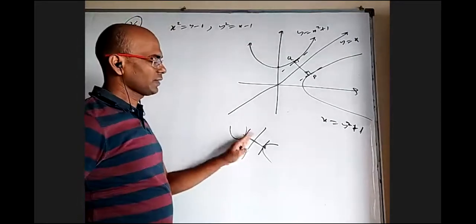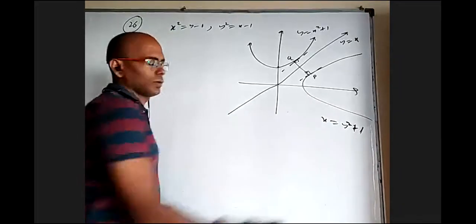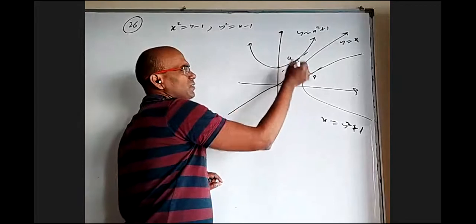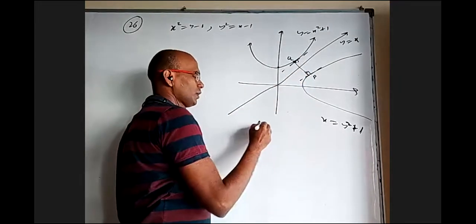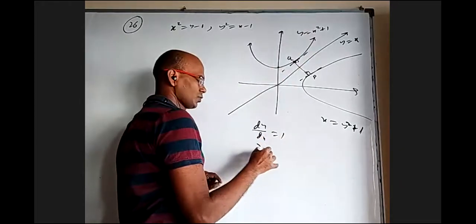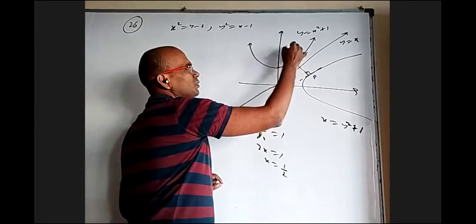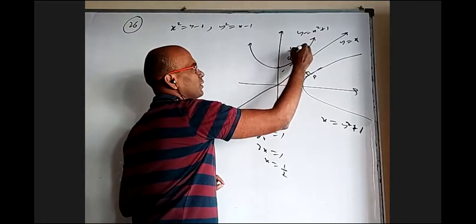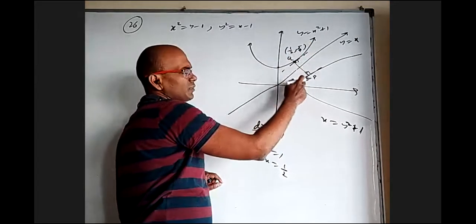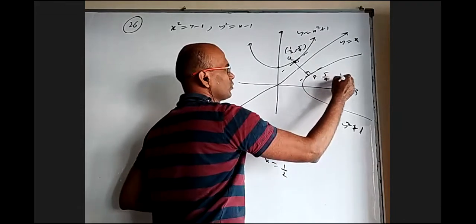And for a line, what is the closest point? That point where the tangent is parallel to the line. So you take, for example, this one. At this point the derivative, the slope, should be 1. So dy by dx should be 1. What is dy by dx for this? 2x. So 2x equal to 1, so x is equal to 1 by 2. When I put it back, Q will be 1 by 2, comma 5 by 4. Because these are mirror images with respect to y equal to x, P should be 5 by 4, comma 1 by 2.